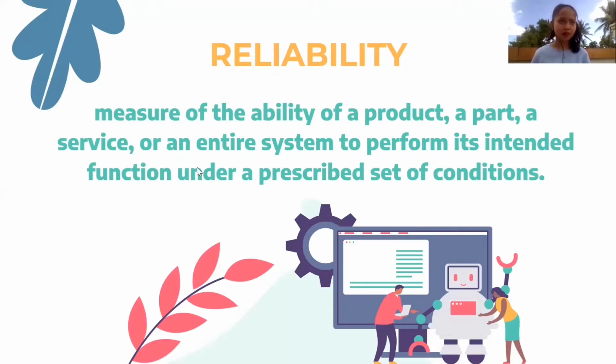So sa reliability, we should consider these 5 factors. We have the probability, the intended function, the satisfactory, the specific period of time, and specified conditions. So sa probability, like what I said a while ago, it is the probability kung most of the time nag-work ba siya or bihira lang. Siyempre ang pipiliin mo is most of the time. Kapag ginawa mo yun or in-enable mo si function, mag-work talaga siya.